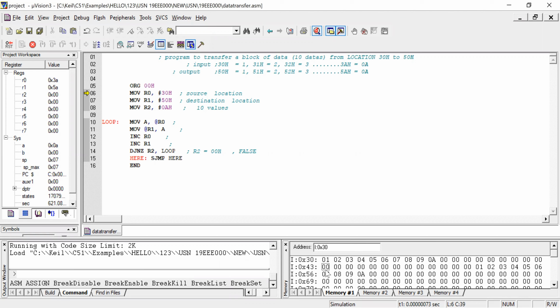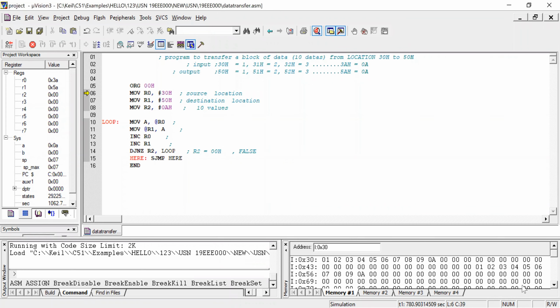This is 43, 44, 45, 46, 47, 48, 49. After 49 in hexadecimal form, 4A, 4B, 4C, 4D, 4E, 4F. After 4F, the location will start from 50. Okay. So in 50,